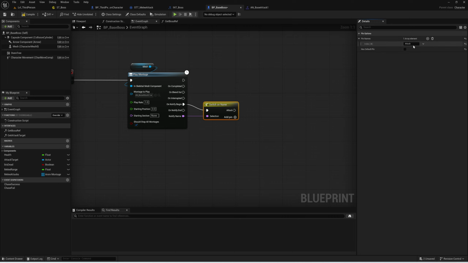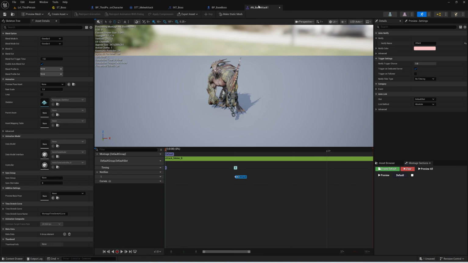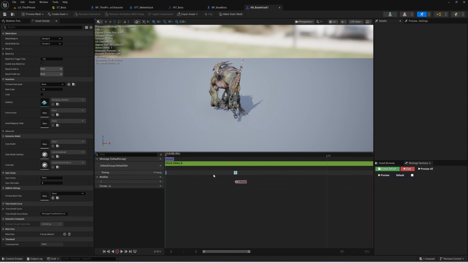Now make sure that you've spelled attack correctly. It's case sensitive. I've got rid of the has default pin just because I don't think I want it. The default pin just means if none of them have the name, it will fire that one. So we are checking, does that notify have the name attack? This one does. So when we hit this part in the animation,